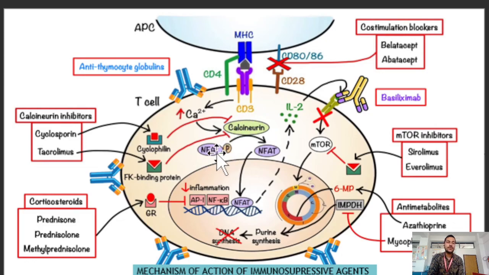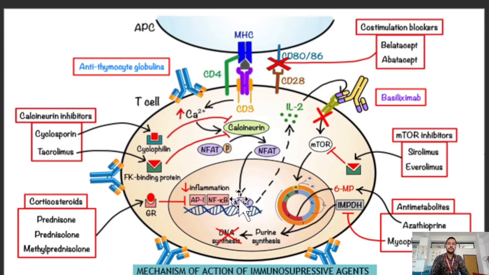It will dephosphorylate this NFAT. This NFAT is normally in a phosphorylated condition, and as a result it cannot enter inside the nucleus. But as soon as this calcineurin removes the phosphoryl group from this NFAT, the dephosphorylated NFAT immediately enters inside